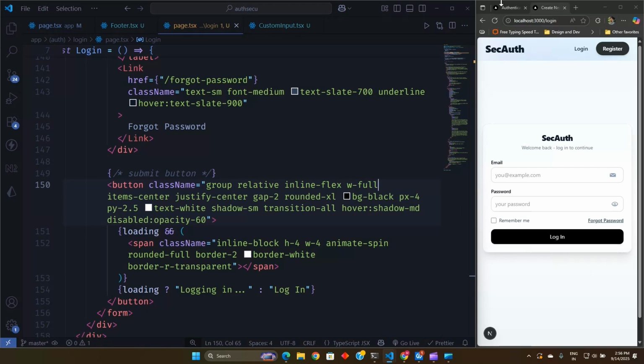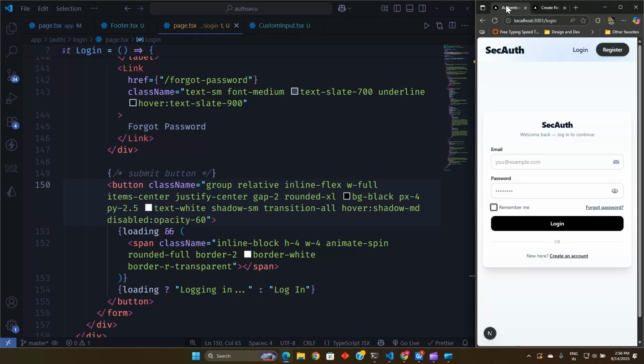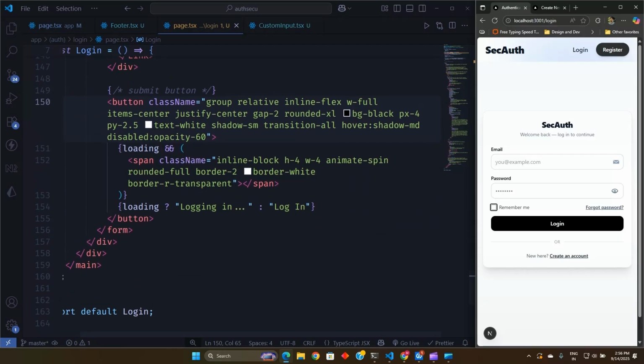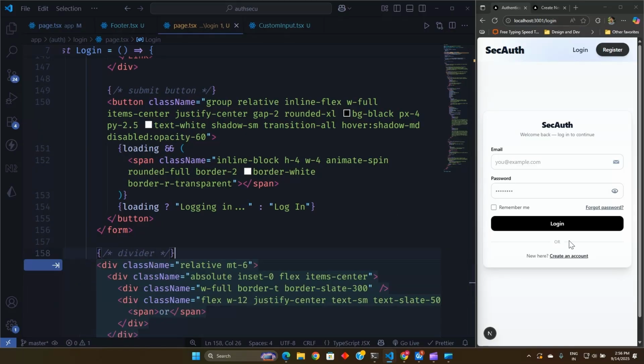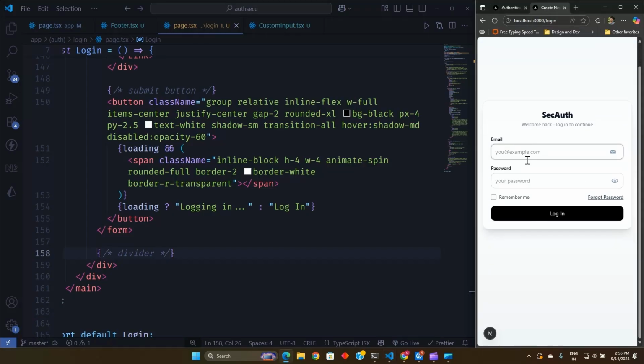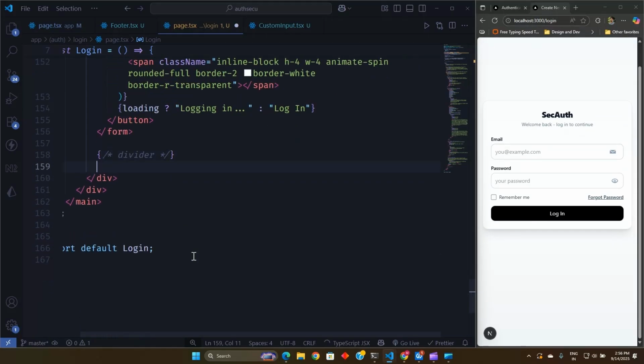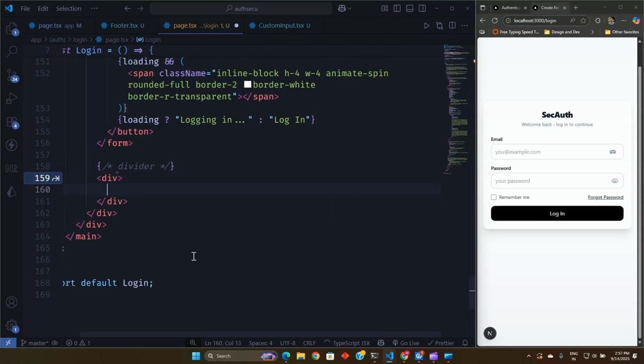Now after this button, we need to create our "or" option, where we can create an account. So let's go down, and here after the submit form, we will create a divider. This is for showing a divider like this. So let's go to our browser, and after this comment, we will create a div, and inside this div we